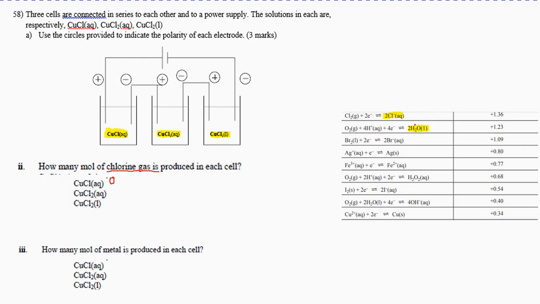Our water is the stronger reducing agent than the chloride ions. So again, we're not going to even be producing any chlorine gas. So it's going to be 0. The last one, we have got